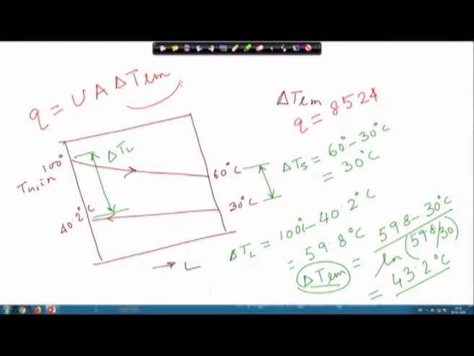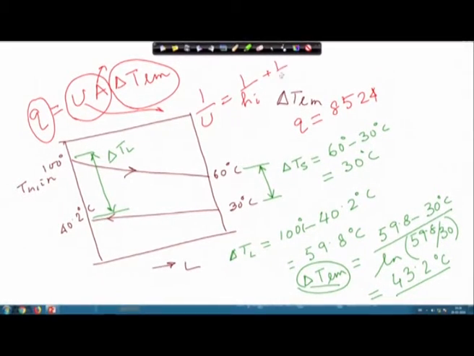Out of which we have already been able to calculate the delta T Lm, we have been able to find out the Q. What we need to know is the overall heat transfer coefficient, and from there we will be able to find out the area. Now, this U is basically 1 by U is equals to 1 by H I plus 1 by H O,